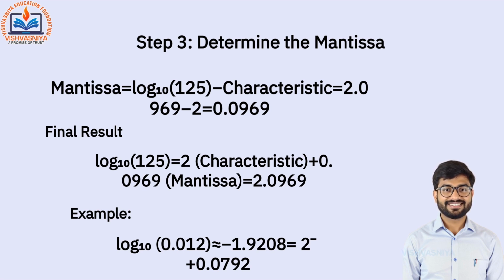For numbers less than 1, the characteristic becomes negative and a bar notation is used to denote this. For example, log base 10 of 0.012 is approximately minus 1.9208, which is equal to 2 bar plus